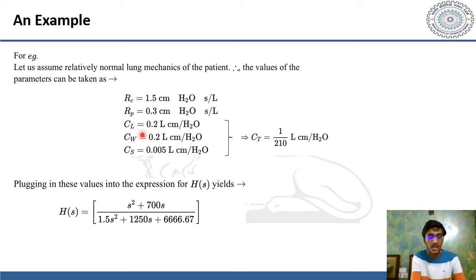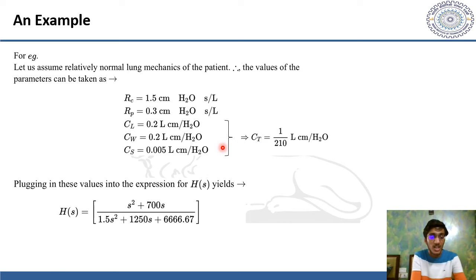CL, which is the lung compliance, is taken to be 0.2 liter per centimeter H2O. CW, the chest wall compliance, is 0.2 liter per centimeter H2O. CS, the shunt compliance, which is essentially a representation of the central airway compliance, is taken to be 0.005 liter per centimeter H2O. And noting these values for CL, CW, and CS, we can easily define the total compliance CT,